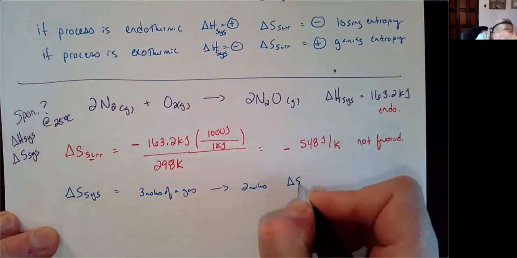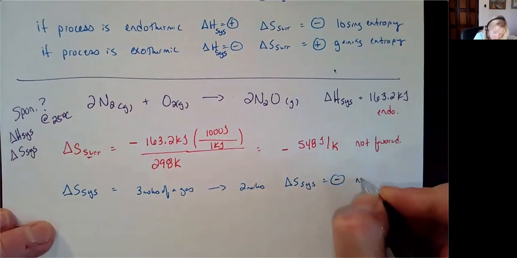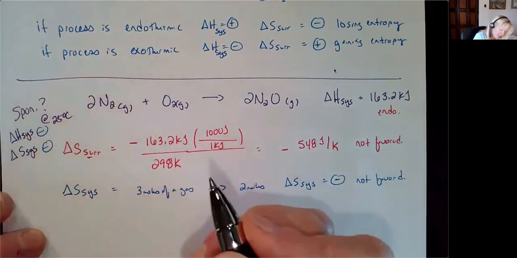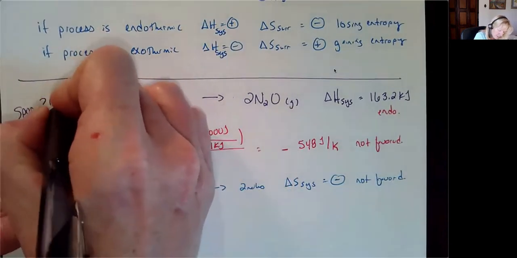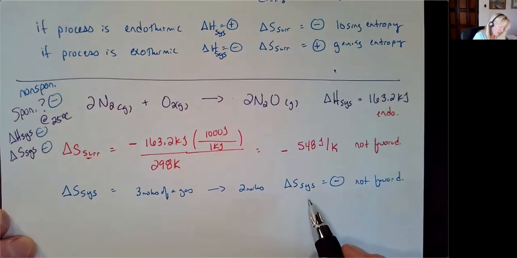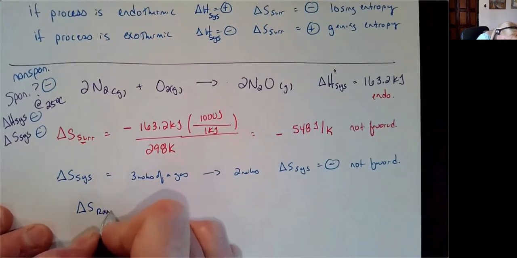So my delta S here, if I work that out, that's going to be negative because this is going to be not favored. So in this case, this is negative, this is negative, this is going to be negative, and it's going to be non-spontaneous. I could go and calculate delta S. So if I went and looked up the values and calculated delta S, I would get these values here using my table,